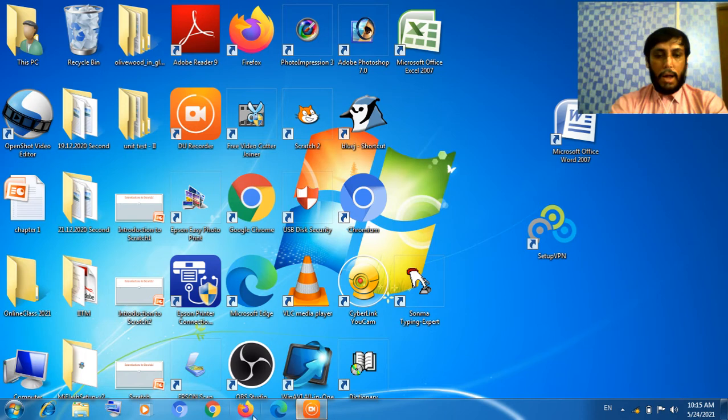The taskbar has many facilities. If you want to create a shortcut for any application, you can just drag and drop it on the taskbar. I'm going to show how this is created. See, MS Word was here on the desktop. I moved it onto the taskbar. So now MS Word is available on the taskbar. If you do not want it displayed on your desktop, you can move it over here on the taskbar.